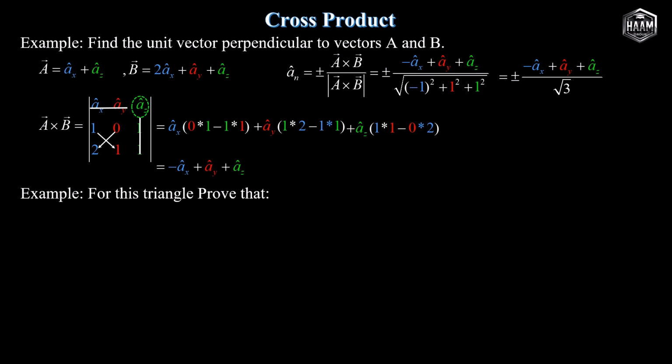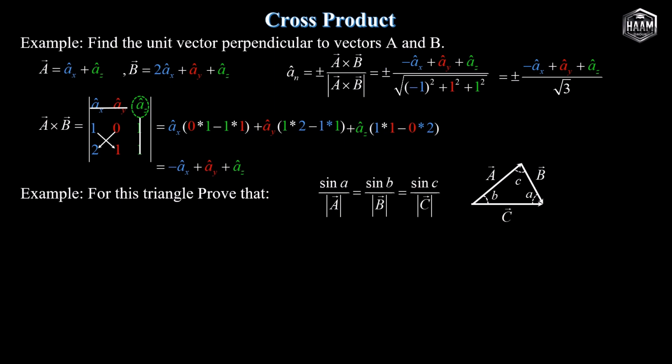Example: for the given triangle formed by vectors a, b, and c satisfying vector addition a plus b equals c, prove the law of sines. Sine of a over the magnitude of vector a equals sine of b over the magnitude of vector b, which equals sine of c over the magnitude of vector c. To begin the proof, take the vector cross product of vector a with both sides of the vector addition equation,